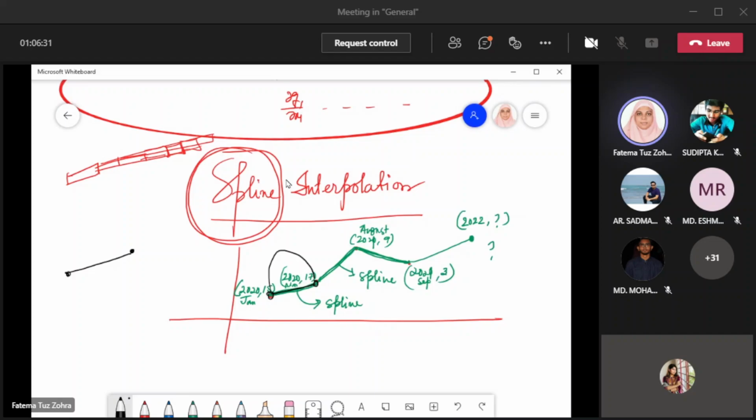So depending on the term or on the way that you connect consecutive points, it has different types of spline. So what are the terms? Basically splines are used for polynomial equations. So what is the general term of a polynomial equation? Polynomial equation is a0 plus a1x plus a2x square plus a3x cube, plus in that way it will go on. That is the structure of a polynomial equation.